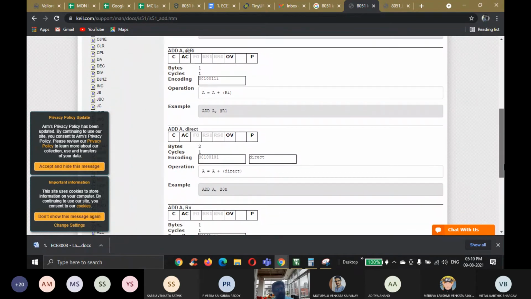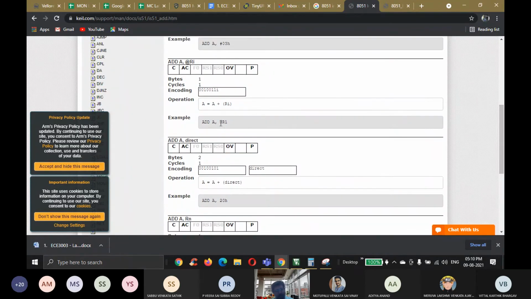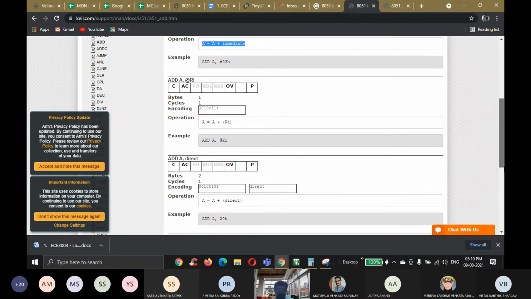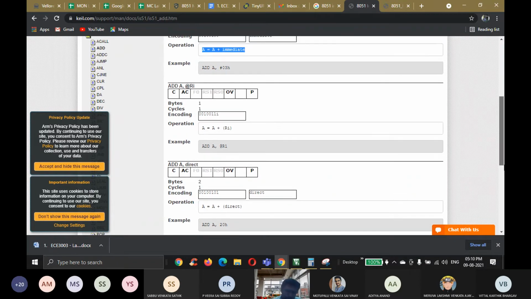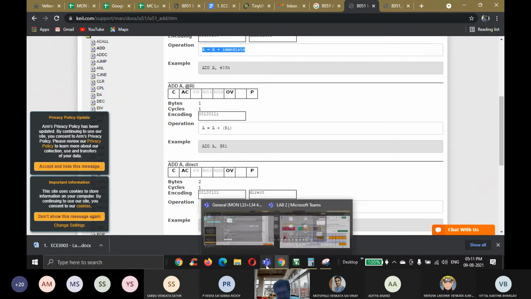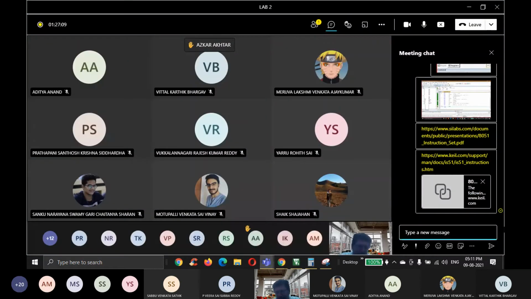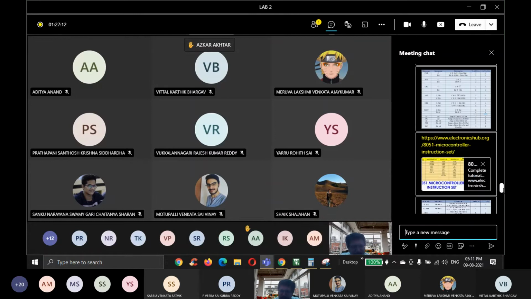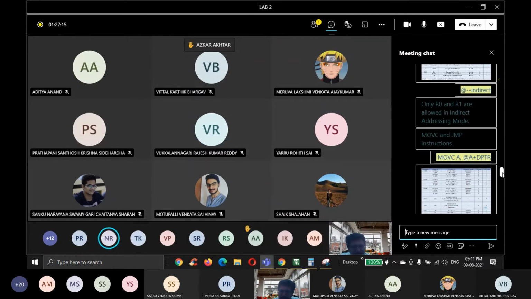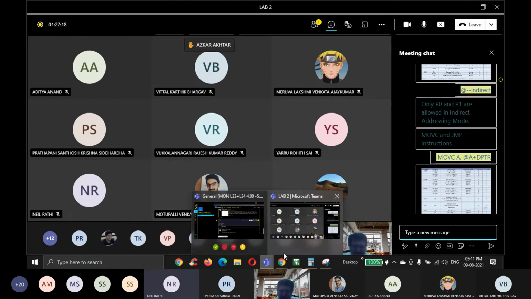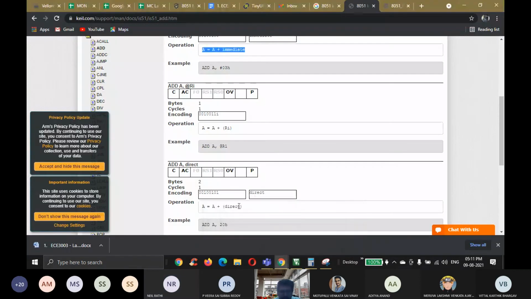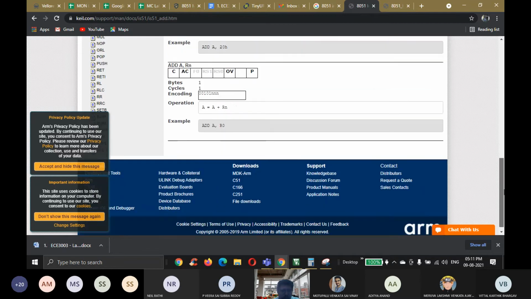Okay. And they have given for different addressing modes how to use ADD A, R1. What is this addressing mode? If it is the at symbol, what is the addressing mode? In the chat box itself, I have given the answer. Refer and tell me. Indirect. Indirect addressing mode. Very good. Please remember this, and you can see the examples. See for each and every case how it will be, and this will be the binary equivalent, that is the opcode in binary pattern.